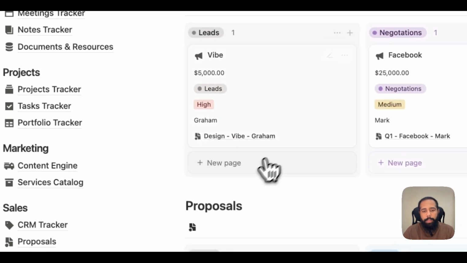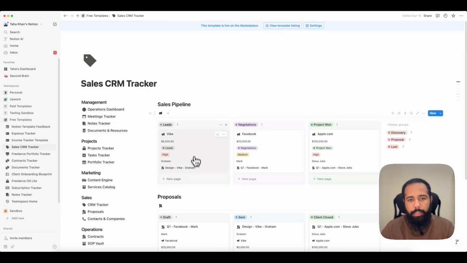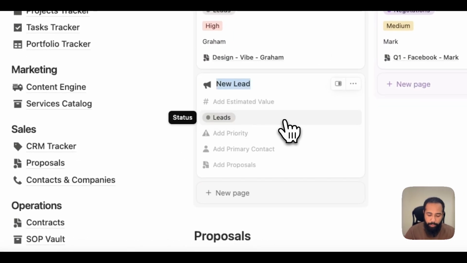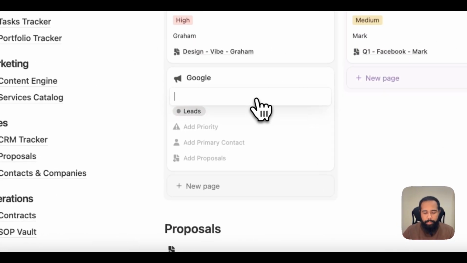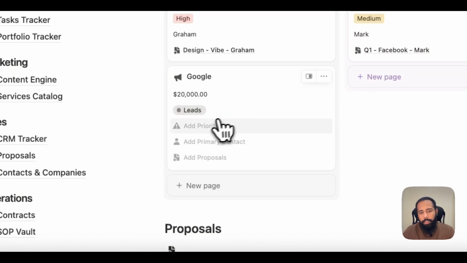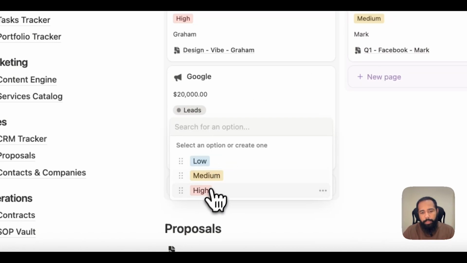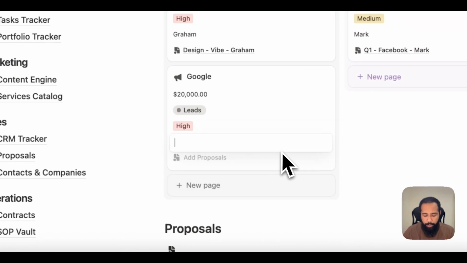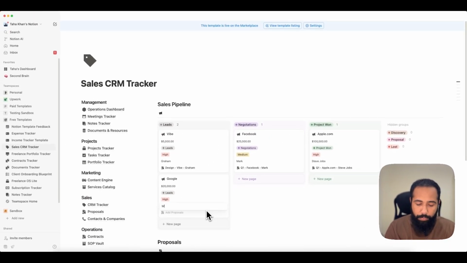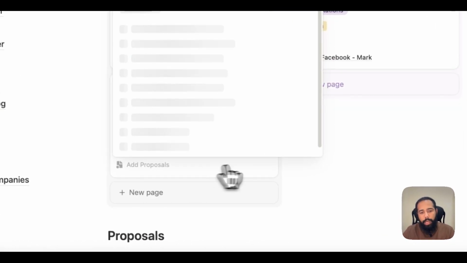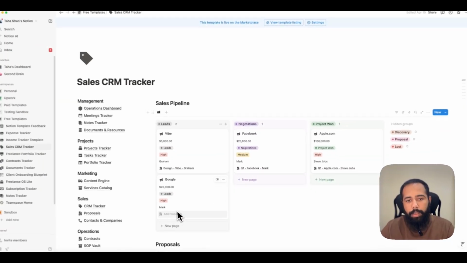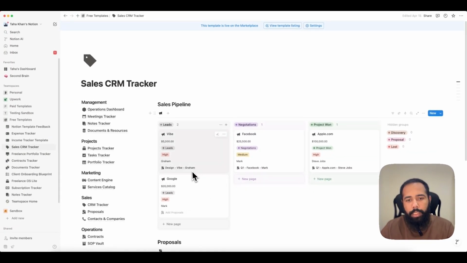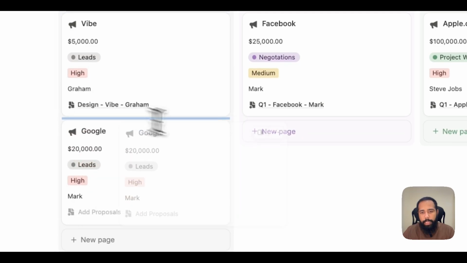But if you have a client and it's in the lead process, it's a lead, so you can add a new lead, for example Google, and add an estimated value of maybe $20,000. It's in lead, and add a priority which can be high, add a primary contact which can be for example Mark, add a proposal if you want to give a proposal, and for example this lead goes from lead status